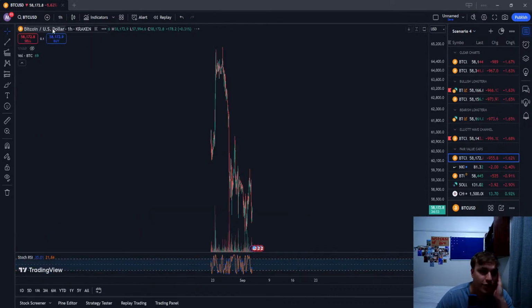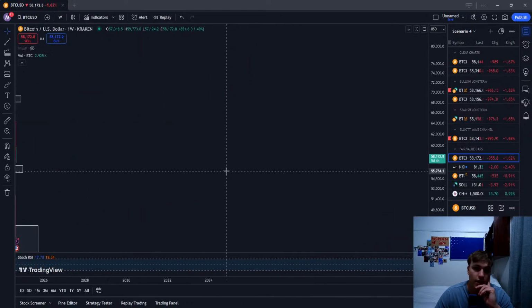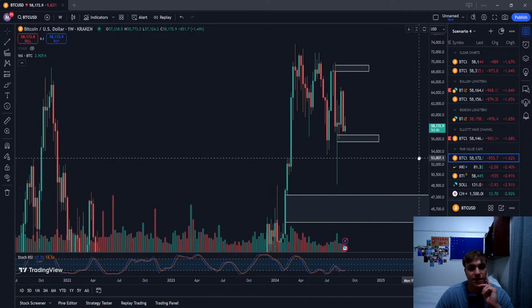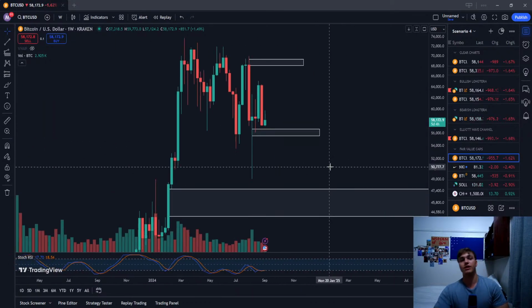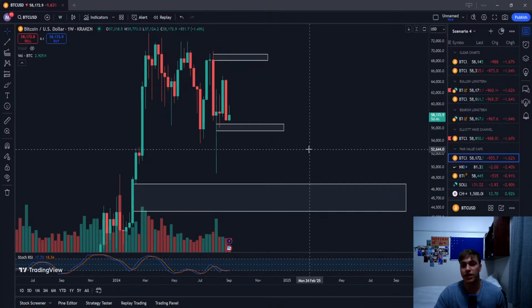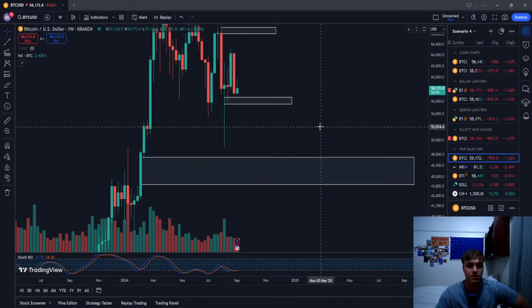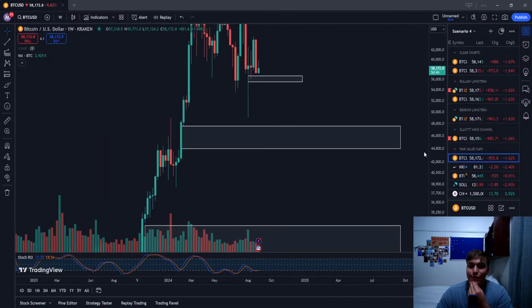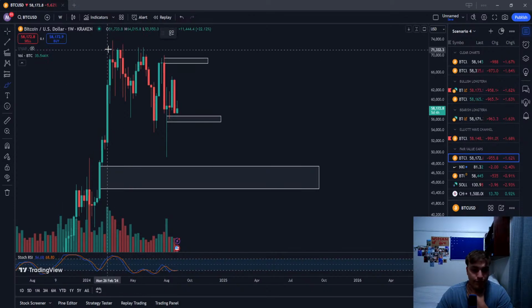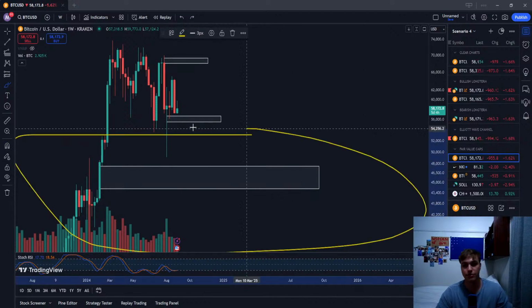If I look at fair value gaps, the reason I say we want to go lower is on the weekly time frame. Now, to base everything off fair value gaps is not very clever. So I use a few things: Elliott Wave Theory, fair value gaps, some channels, and then order blocks. At the moment, on the fair value gaps side, we have this fair value gap sitting here, which has not yet been touched.